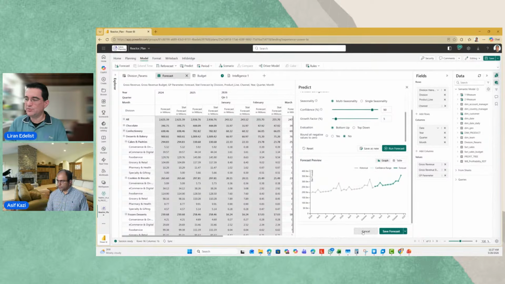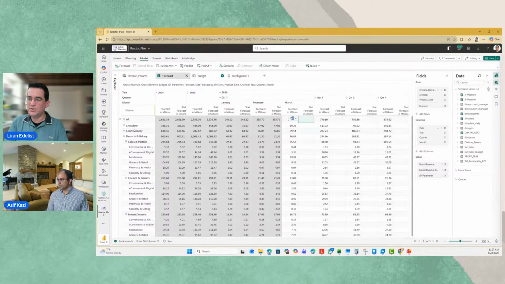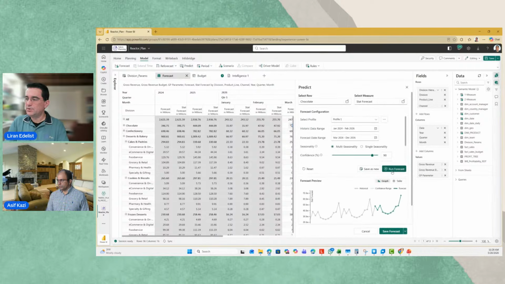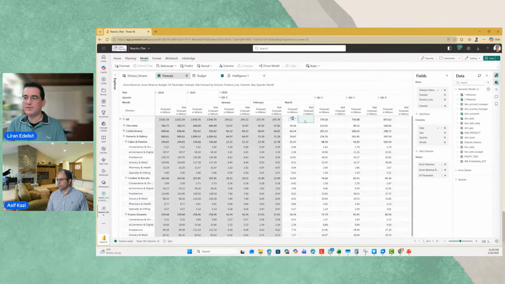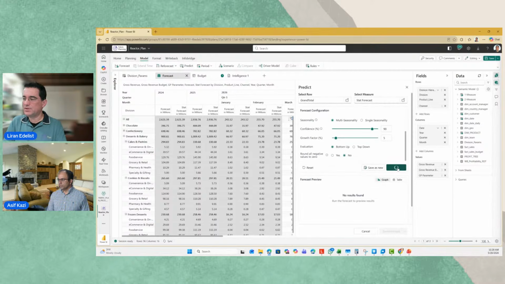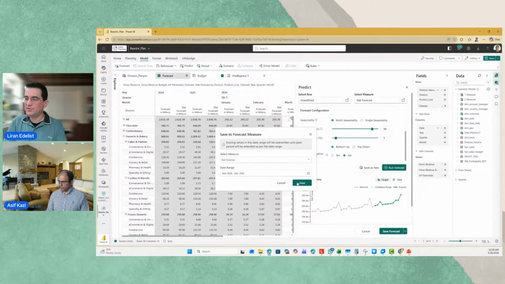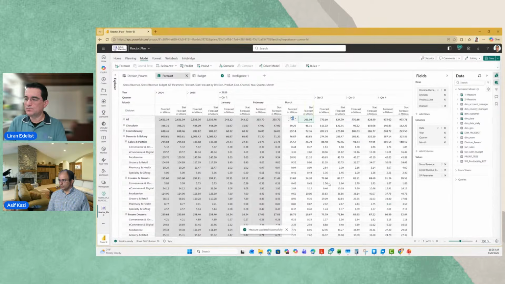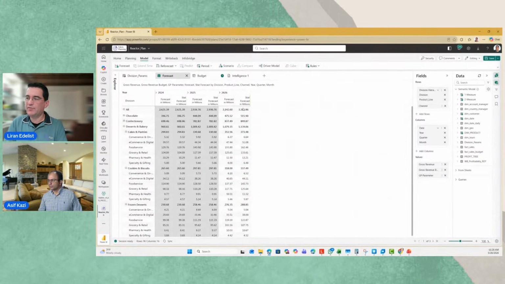Now I can run this forecast either as a top-down exercise, or I can run it as a bottom-up. Just to show you the difference, if I go into a single line of business, like the chocolate line of business, and run the prediction over there, you can see that the seasonality is different. So I'm not going to do it for each and every row. If I want the bottom-up seasonality, I'll just go here, select that I need a bottom-up seasonality, run the forecast, save it. And now literally I have my statistical forecast as well. So I can see that information, and now I have two types of forecast. I can look at my statistical forecast and my regular forecast.